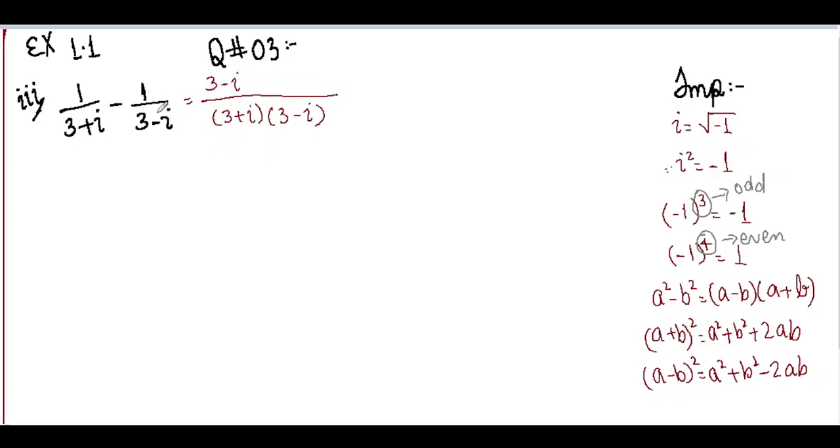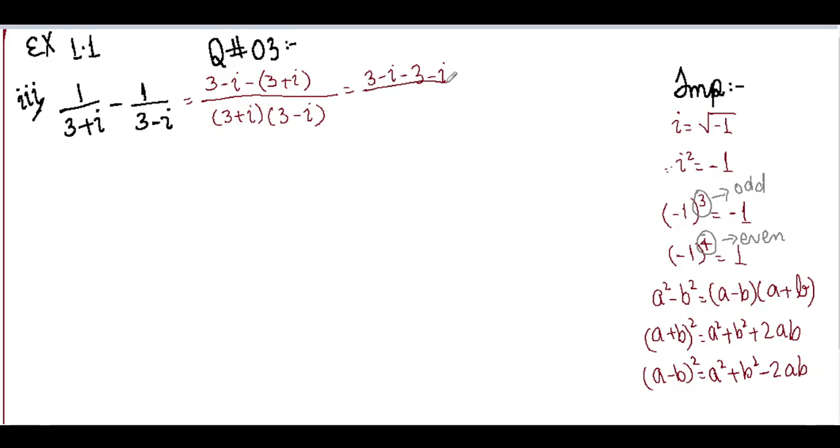Now what's missing in this term to make it this one? It's 3 plus iota. So we are first going to write this minus sign and then brackets and then 3 plus iota, as 3 plus iota was only missing to make it this term. So we are going to write here 3 plus iota. Okay, and then the bracket close. And we have taken the LCM of the two fractions. Now we are going to solve it. 3 minus iota minus 3 minus iota, because this negative sign is multiplied to both the terms inside the bracket.